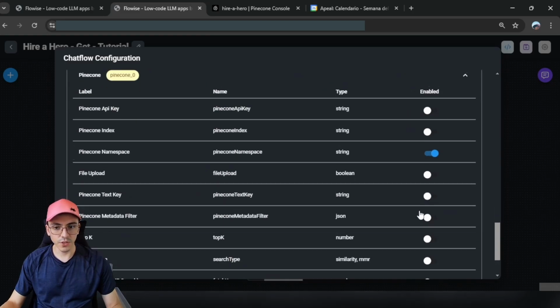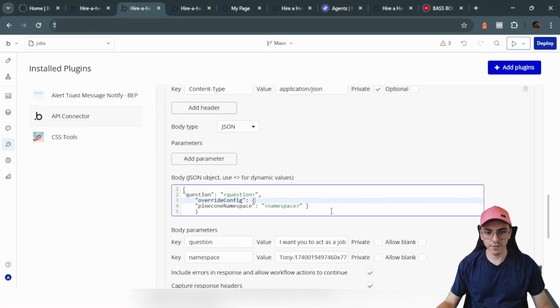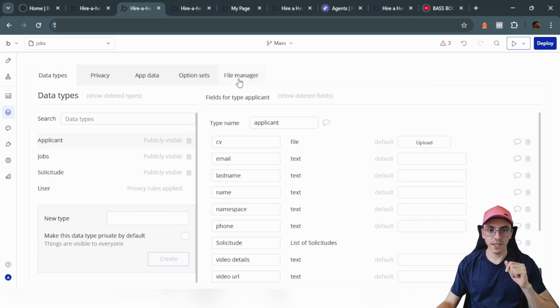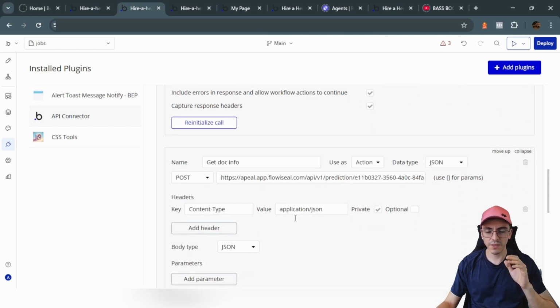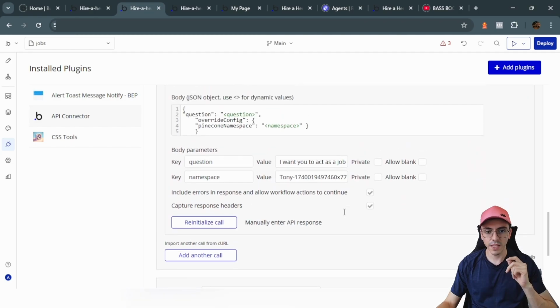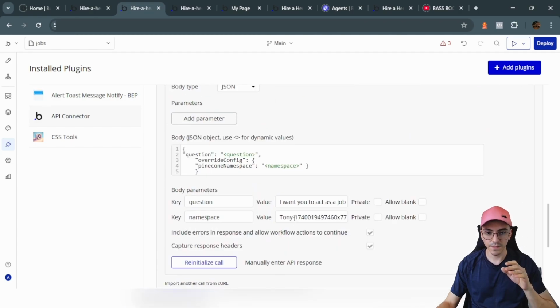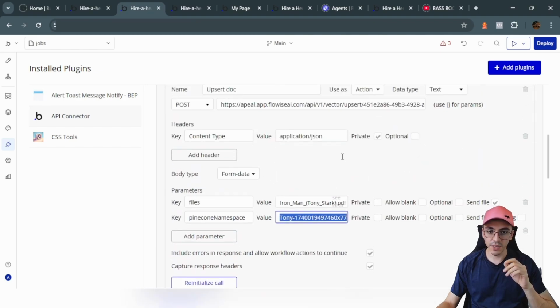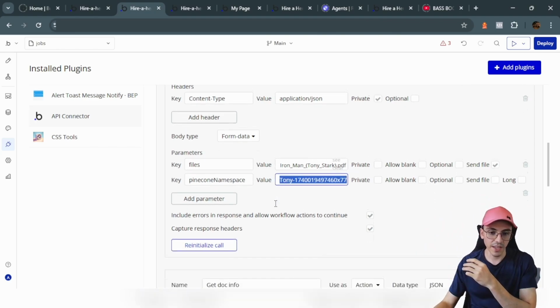In this case, you just have to check the Pinecone namespace. Okay, now in our Bubble application, you can just upload a document inside your data in your file manager and reference that document here in files, or directly upload that. Give a name. You can give any name here and use the same name you used in this API call here. So that first you initialize this API call so that the file is inserted into Pinecone,